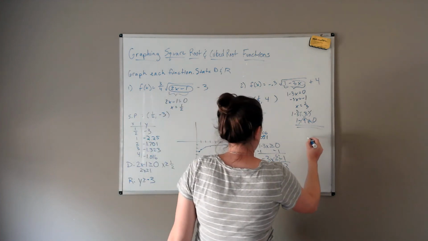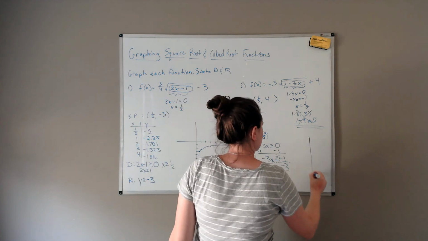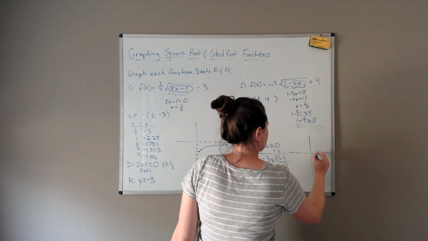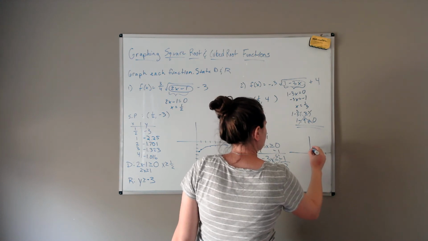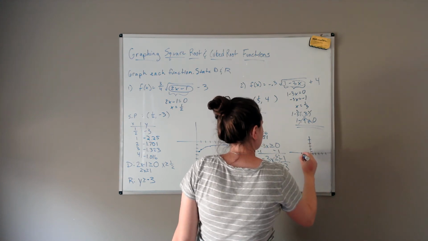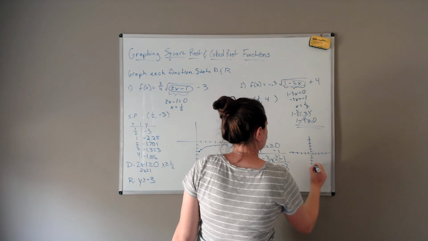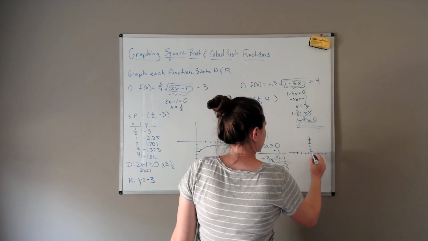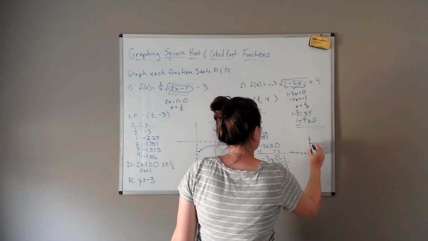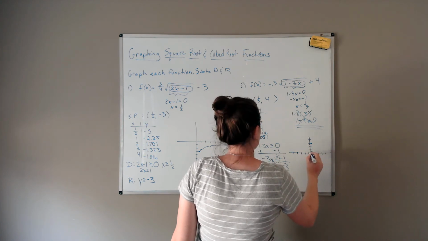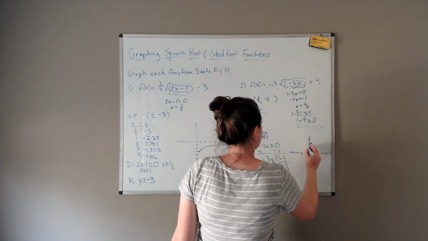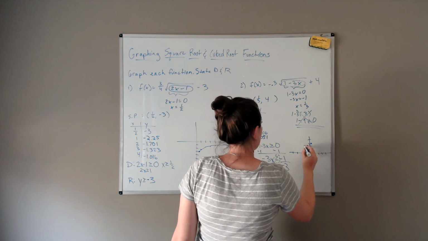Okay, so we're going to graph that. So 1/3, 4, 0, 3.7, -1, 3.4, -2, 3.2,